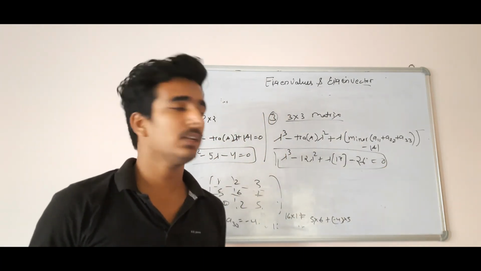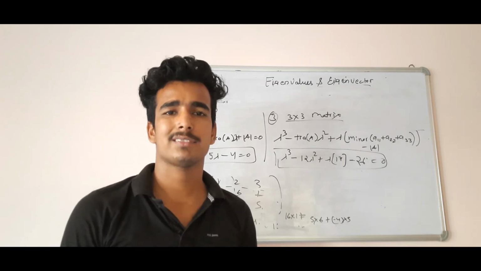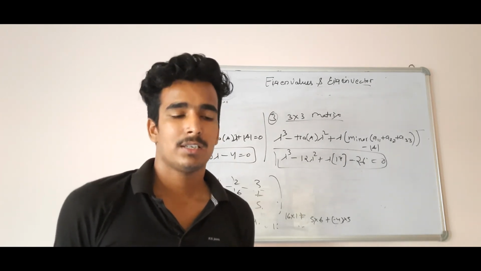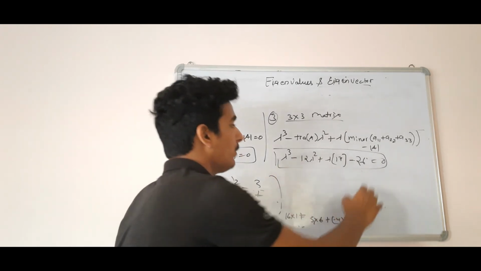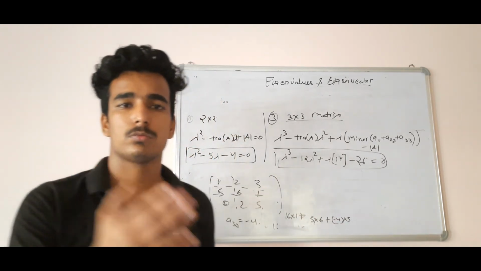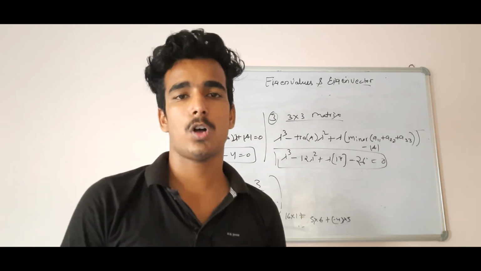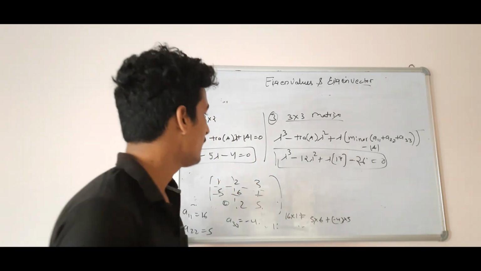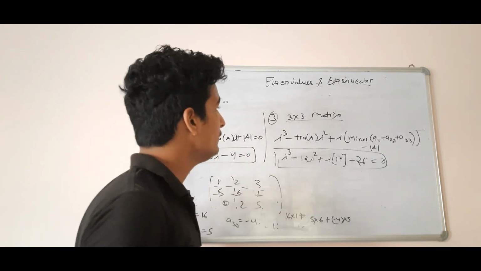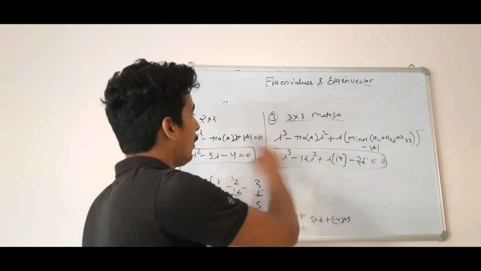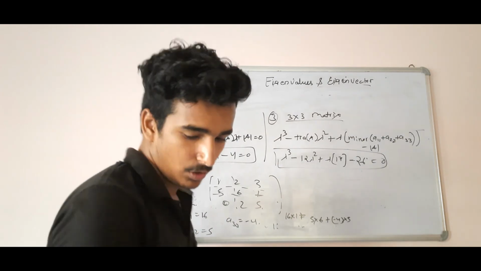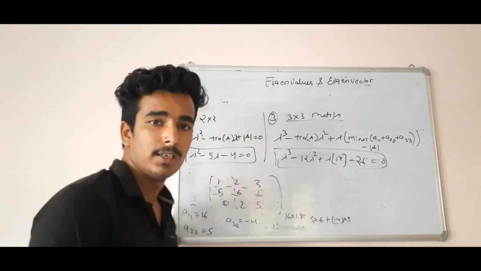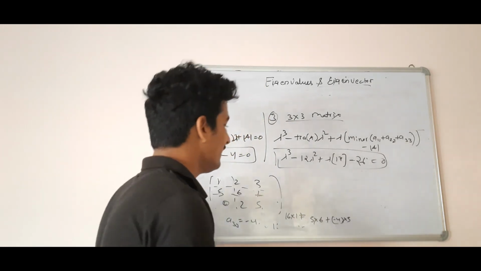Next step is simple. We have to solve this polynomial equation. First use the hit and trial method. If you get one solution, then change this polynomial equation of degree 3 to a quadratic equation, and you all know how to solve a quadratic equation. So this is a task for you. This is a simple trick to form the polynomial for a 3 by 3 matrix, not all those other long tricks. This is all about eigenvalues.